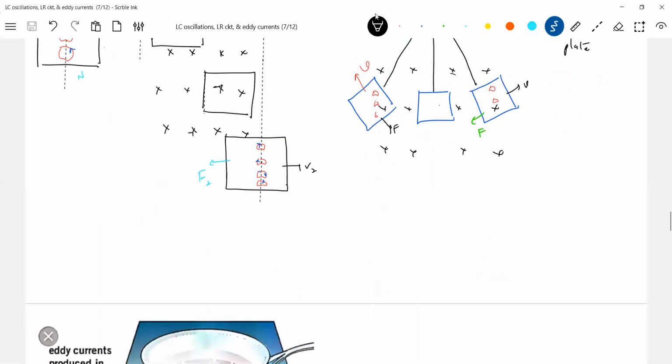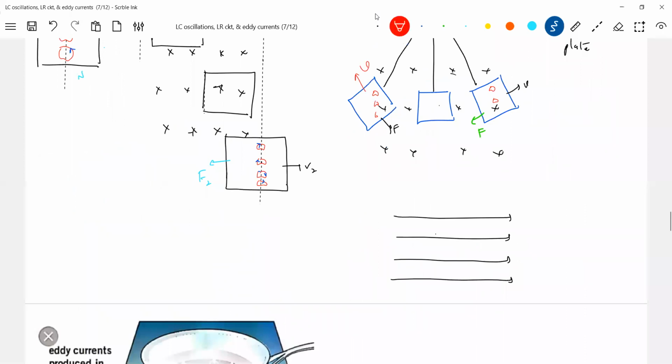I'll show the diagram in this way here. So now if there's a B field and there's a plate, blue color will take it. In this case, I think there won't be eddy current, no? Am I right? In any position, not only here, in any position you draw it.